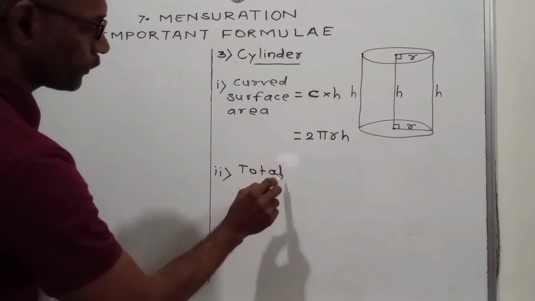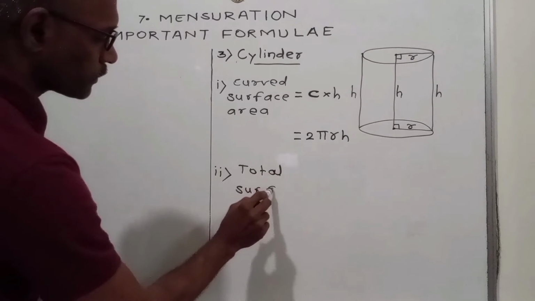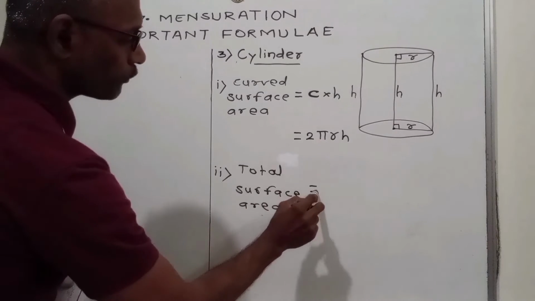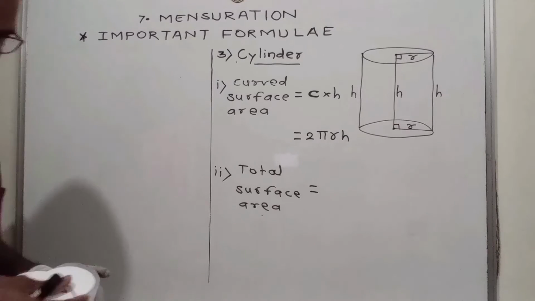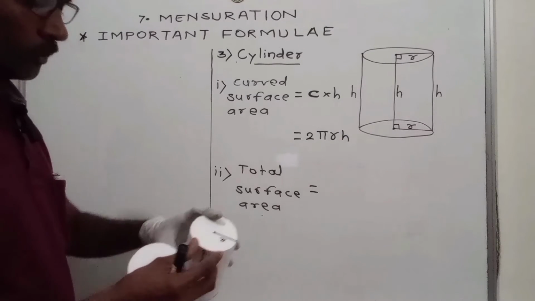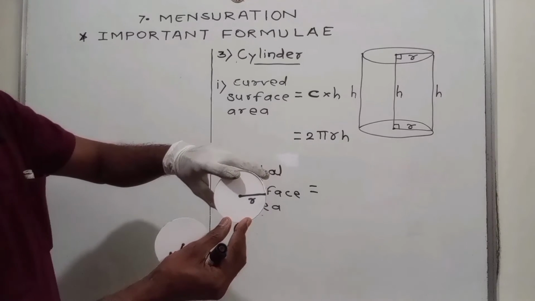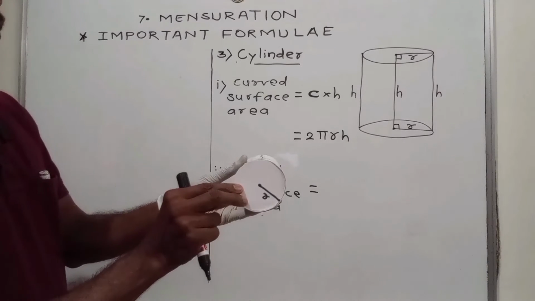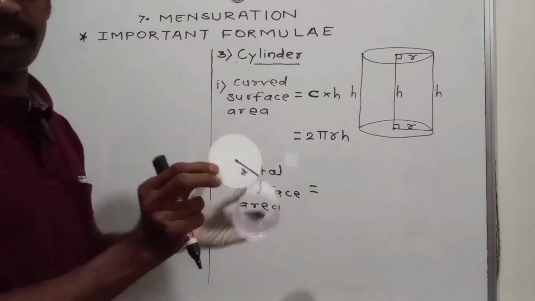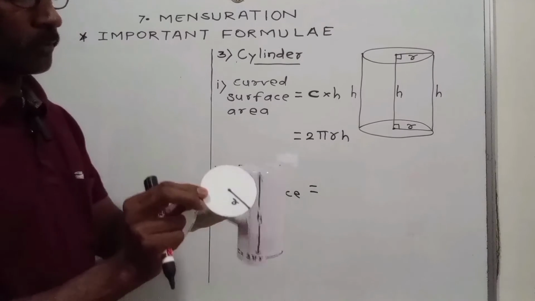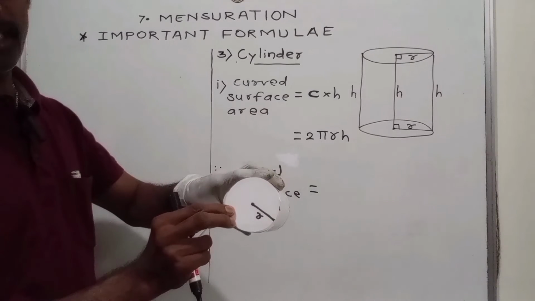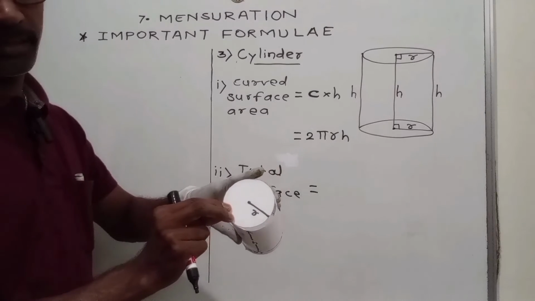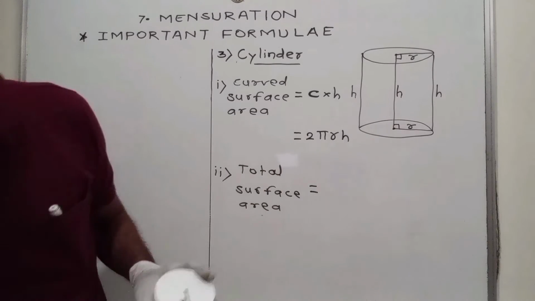Then second, total surface area of right circular cylinder. Now see this. Now here top is a circle or circular part, and here when we keep the bottom, then this is also a circular part, means this is a circle at bottom and at top. How many circles? 1 and here 2 circles. Did you get it? Now see here carefully.